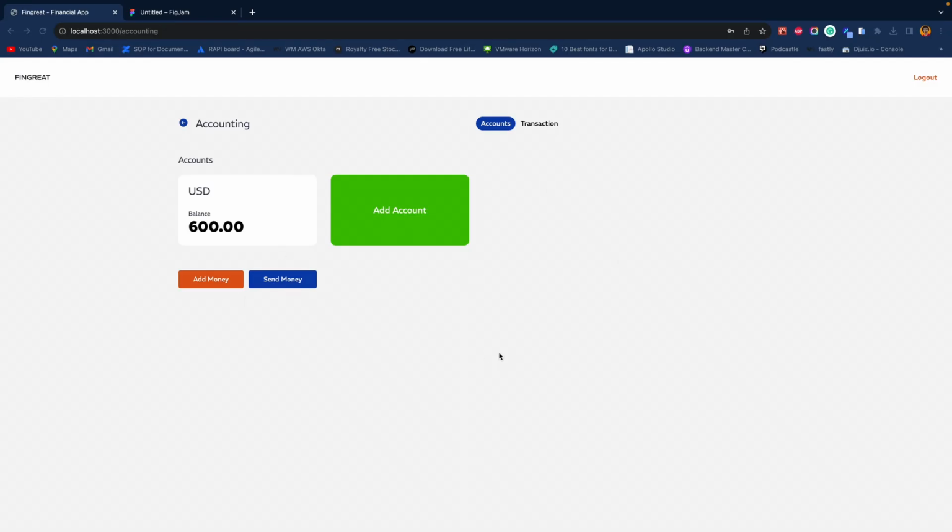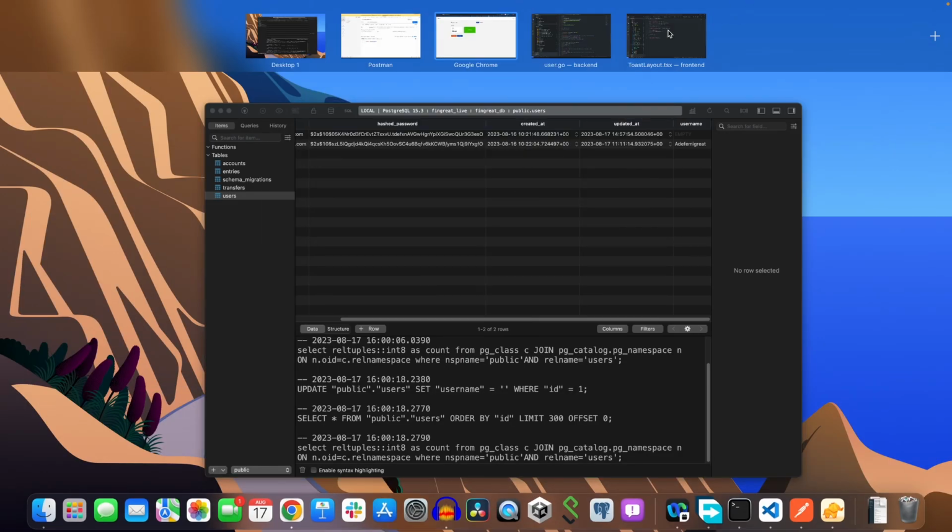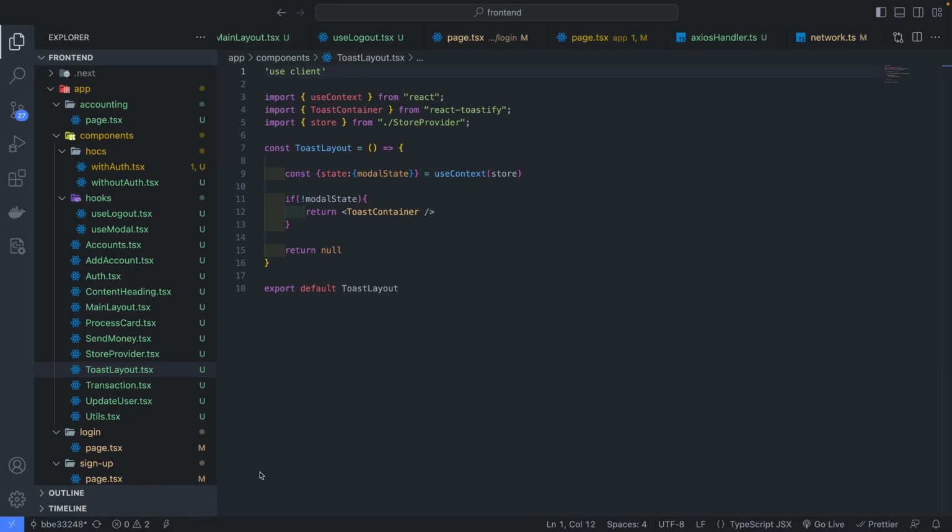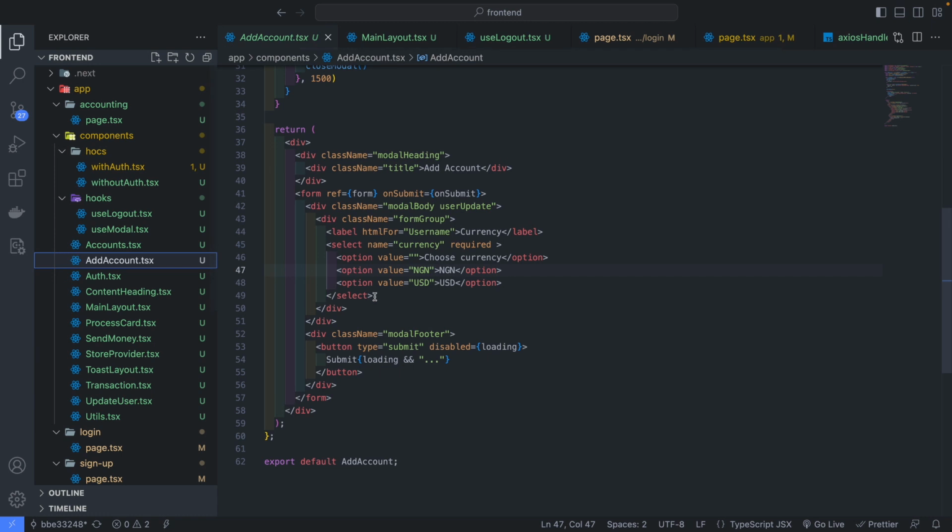Alright guys, welcome back. So we're going to start things off by first listing our accounts. And we can easily do that by just querying the accounts API and getting our accounts. Let's come back to our code. And while we're away, I made some preparations. So I created 2 components. The first one is to add our account, and we are going to get to that later on. And the second one is to send our account. So I thought I should share that ahead of time so that it doesn't look like I just manifested it